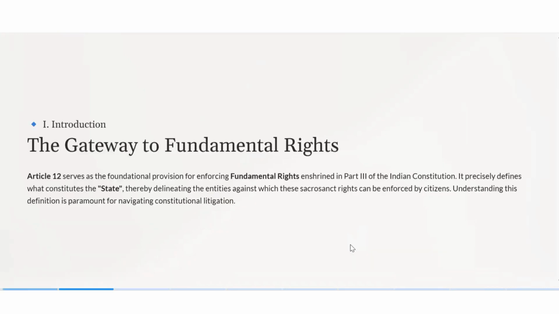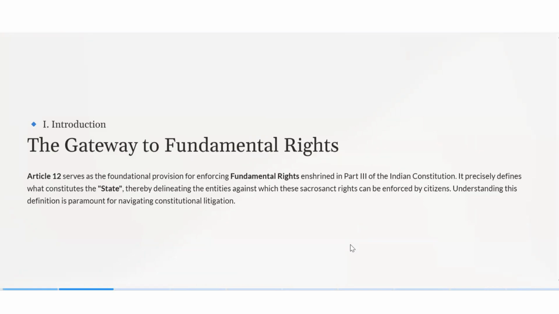Why is it important? Because there are certain fundamental rights which cannot be violated, but against whom are they enforced, who has the duty? So Article 12 serves as a foundational provision for enforcing fundamental rights enshrined in Part Three of the Indian